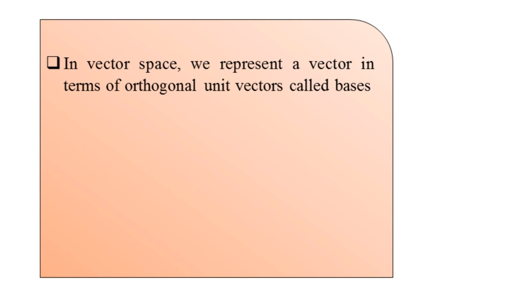So in the rectangular coordinate system, there were three references, x, y, z axis, and using those particular axes and the corresponding unit vectors, we had the representation of a vector. For the same vector, we had the representation in cylindrical coordinate system using the three parameters rho, phi and z, the corresponding unit vectors a rho, a phi and a z, and in the spherical coordinate system also three parameters r, theta and phi. So a r, a phi and a theta, these were the unit vectors. That we have seen for the vector spaces here.